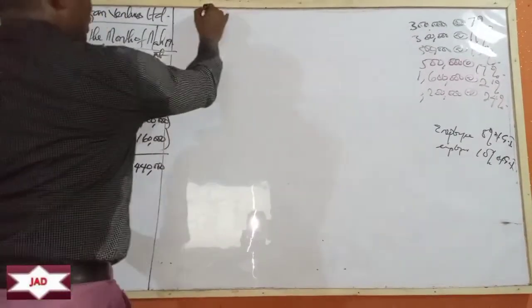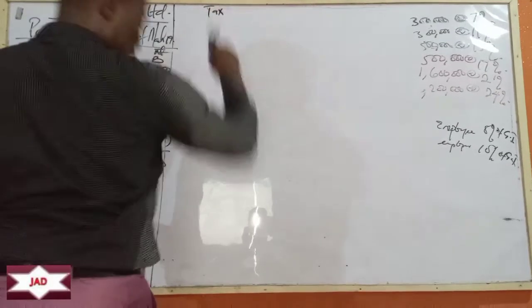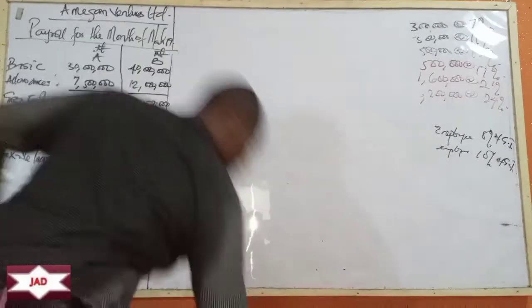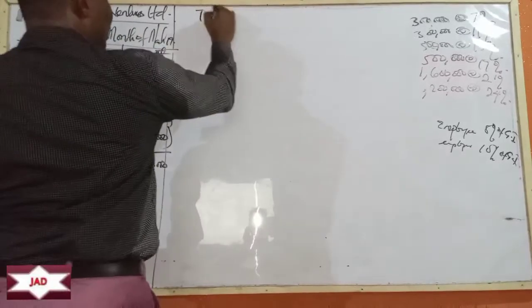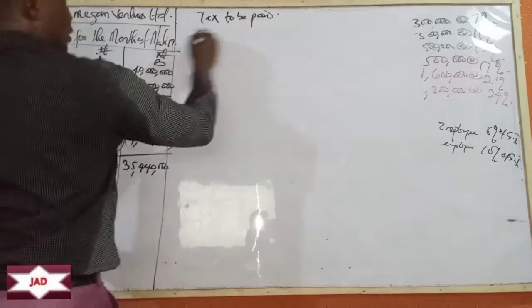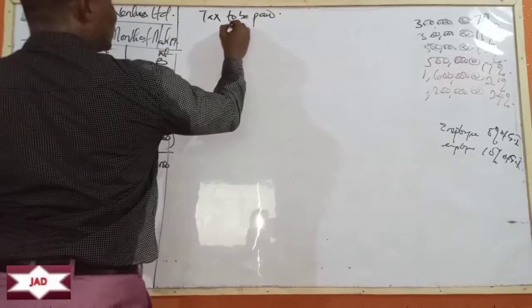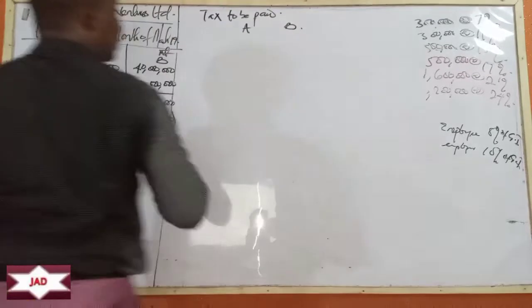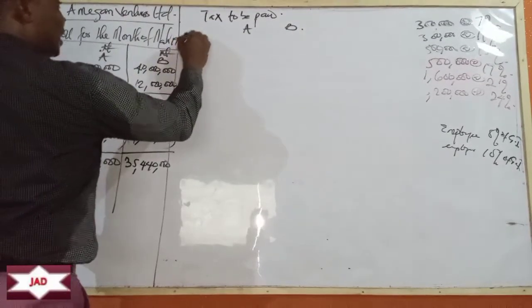So, tax to be paid now. Tax to be paid. So we have, let's call this batch A, batch B. Okay? So we say first